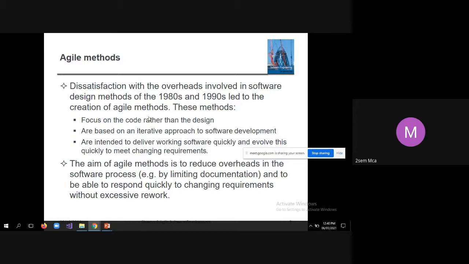And they are intended to deliver working software quickly and evolve quickly to meet changing requirements. So there is something called CASE tools, that is computer aided software engineering. There is a concept called CASE, computer aided software engineering. As per that, there are certain tools, we call them CASE tools. Examples for CASE tools include